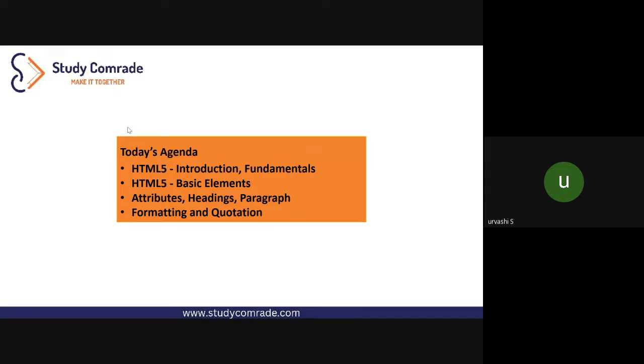Today's session is very basic, just to give you context in your head about what HTML is, why we are learning HTML, and what the history of HTML is. Once we know all these things, we'll start writing code in HTML. And one more thing, team: you can do coding with me, the way I will be doing live coding, on your own systems.